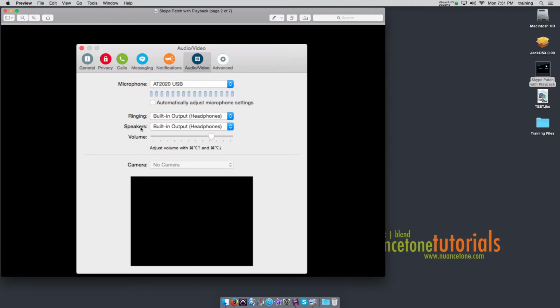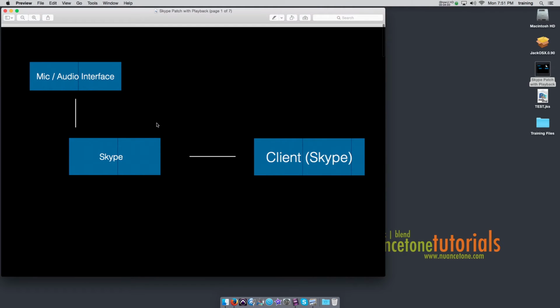The speakers is where the sound is going to come out. This microphone doesn't have a headphone jack, and so I'm going to pipe my audio out through the built-in output on my computer. But if you had a USB microphone with a built-in output, you could choose that as well, or if you had a sound card, you would choose that as the input and the output. So in this scenario, once again, you connect your audio interface or USB mic to your computer, you open up Skype and choose the input and the output that you'd like, dial your client, and then they can coach you